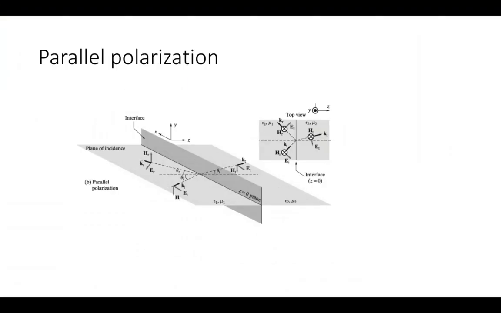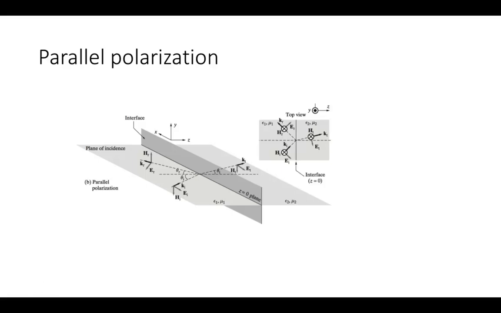Okay, we want to discuss parallel polarization, and so I'll initially show this figure, which gives a nice three-dimensional perspective of what is meant by parallel polarization. So once again, here's our material interface where we would have material 1 to the left side of the z equals 0 plane and material 2 to the right side of the z equals 0 plane. The coordinate system is defined here, and so